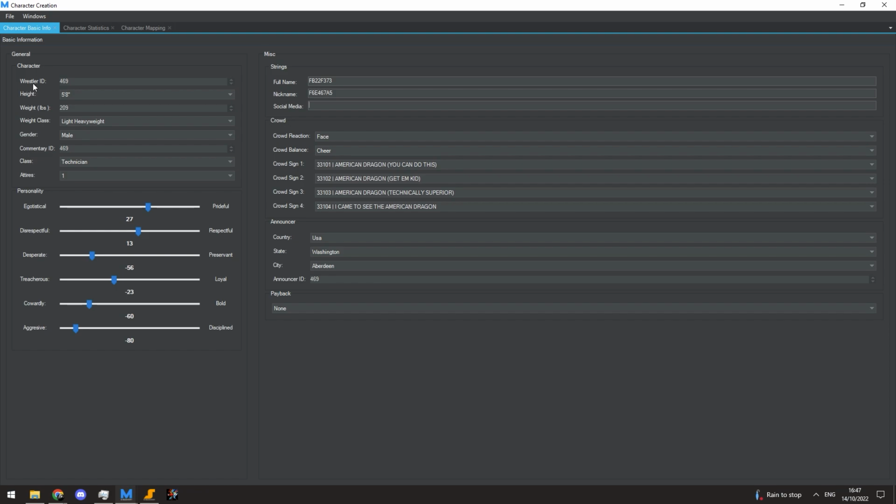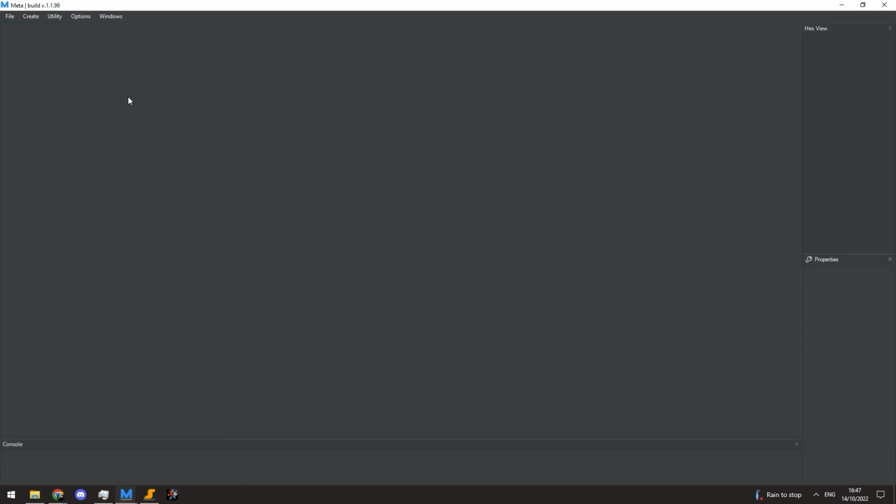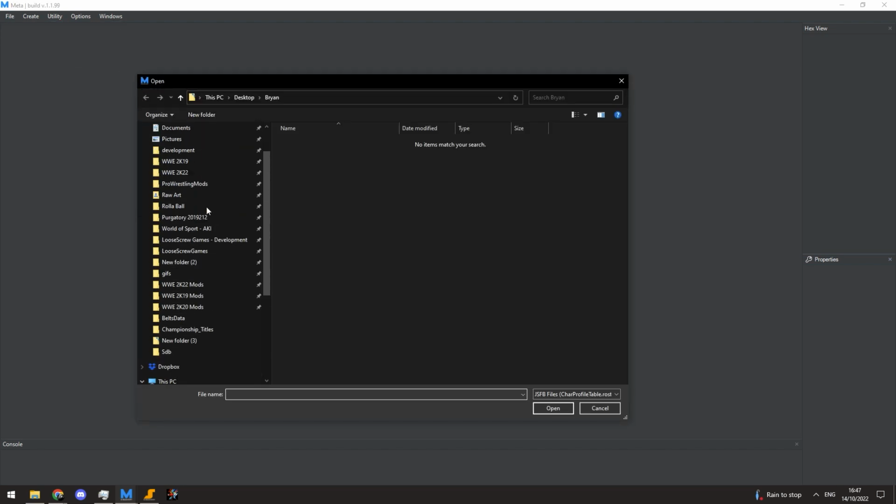So the wrestler ID as well. People have been asking, how do you find them? So if we go back to Meta and we open up your roster table,